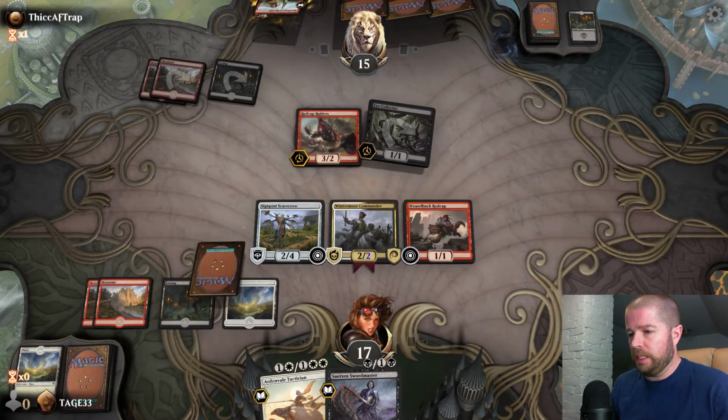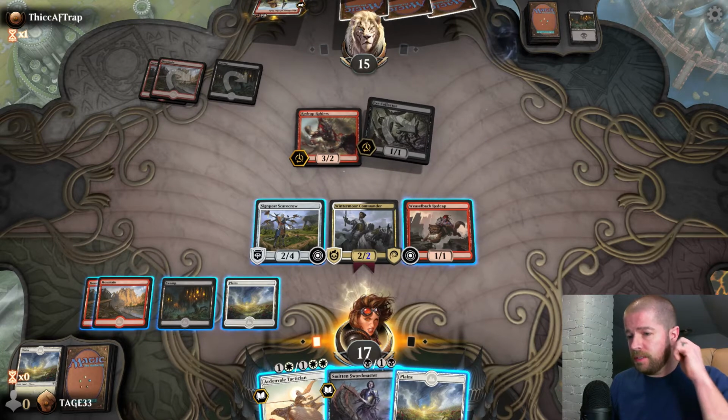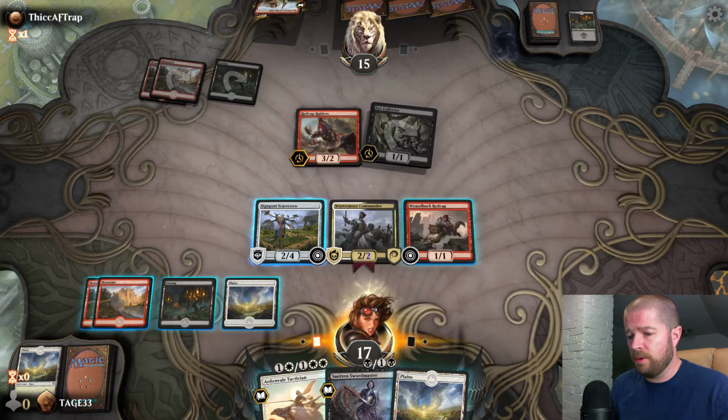Not a Plains. Ugh. Oh, I drew one anyway. That's okay. I didn't really need it because I have the Scarecrow, but that helps because you still have to pay 2 to add 1 of any color, right? So